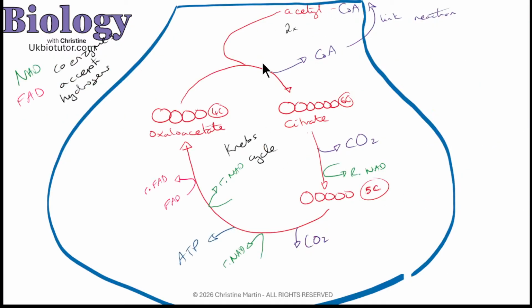And so when you look at the Krebs cycle, what you've got is the oxaloacetate gets converted into citrate by the acetyl being added to it. So the 2-carbon molecule is getting added to make a 6-carbon molecule. And so the coenzyme A is a coenzyme. It's an acceptor of hydrogens. It picks them up and it drops them off. In this case, the coenzyme A is picking up the acetyl group and dropping it off at the Krebs cycle.